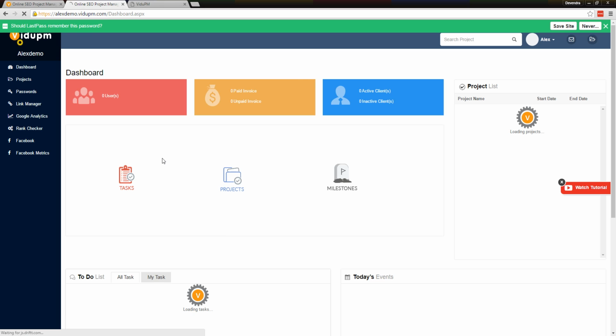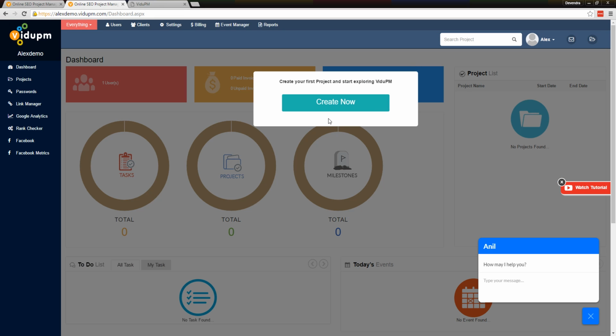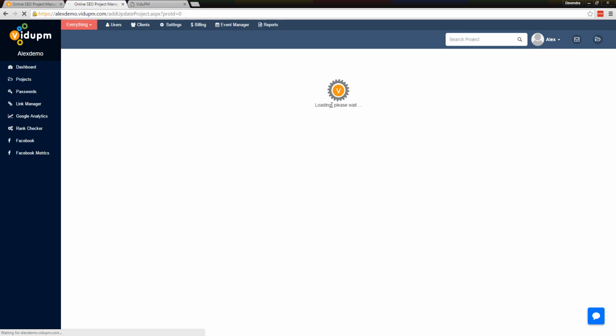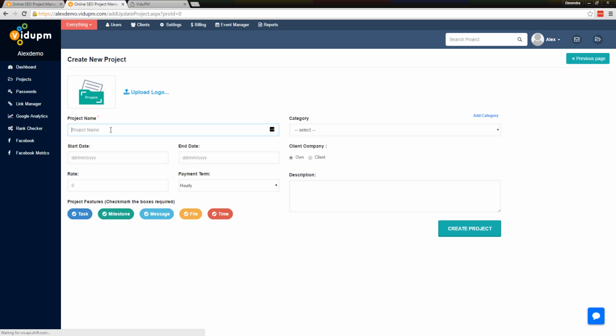So when you log in for the first time, you will be prompted for creating your first project. You have to have at least one project to start using ViduPM. So I'm going to click on create now. I'm going to give it a demo project name,